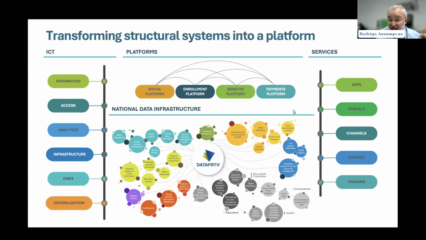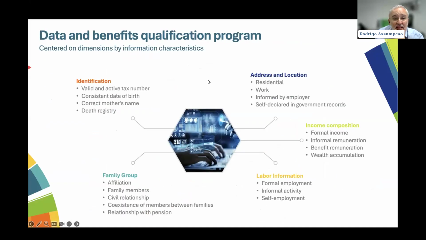Now, in terms of AI, one of the things that we've been doing for decades, and now we're applying AI, is qualifying data and benefits. So we have all these dimensions, the identification of people. So we have a tax number, which serves as a unifying number here in Brazil. We check dates of birth, mother's name, death registry, divorces, marriages, the affiliation of people, in what family group they